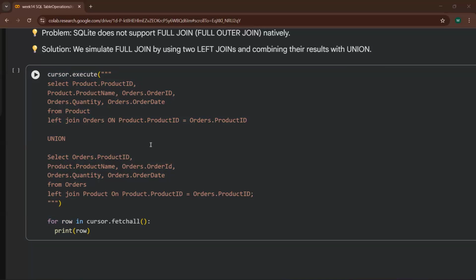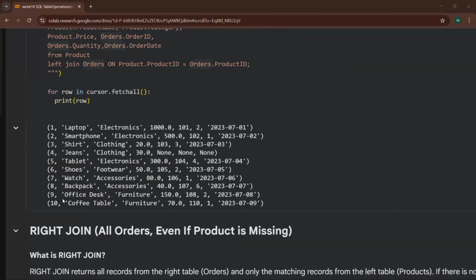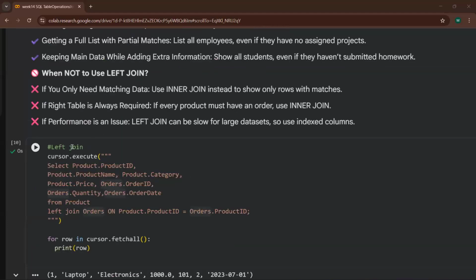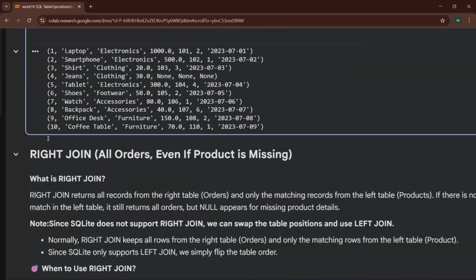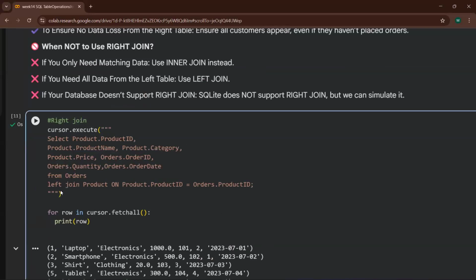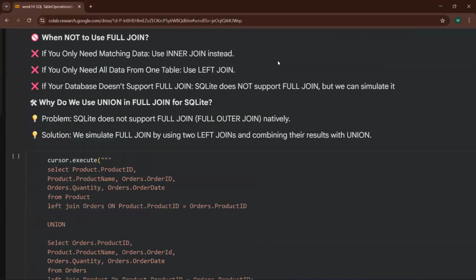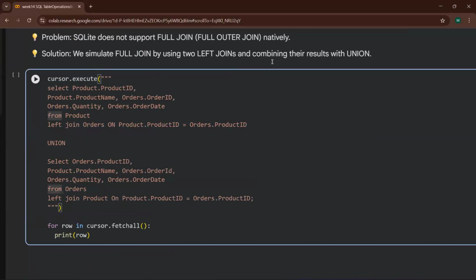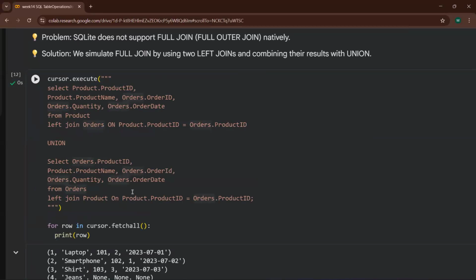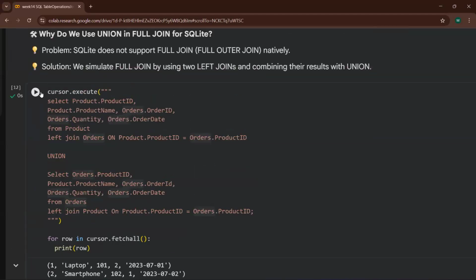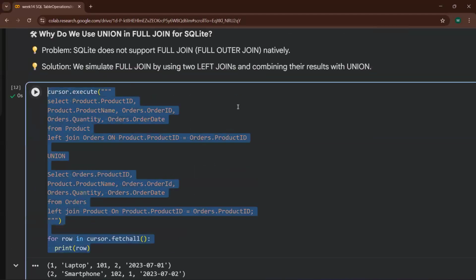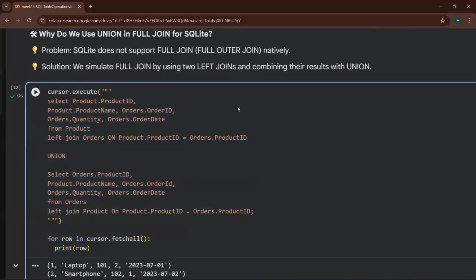Take the query we did for left join, copy that, put a union, and copy the part for the other join, and you are done. This is how we create a full outer join in SQL with the help of union. You can go through this code and let me know if you have any doubts.